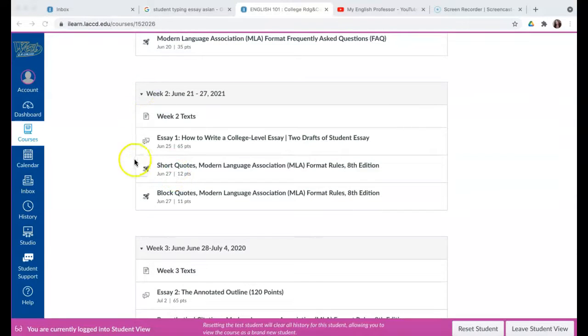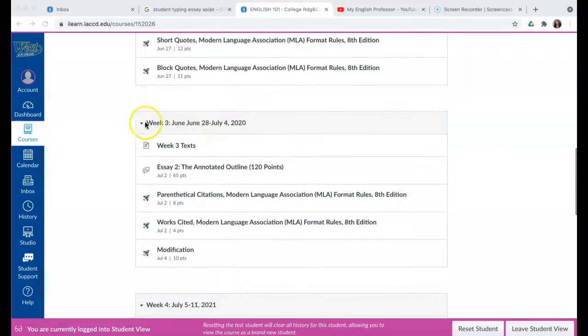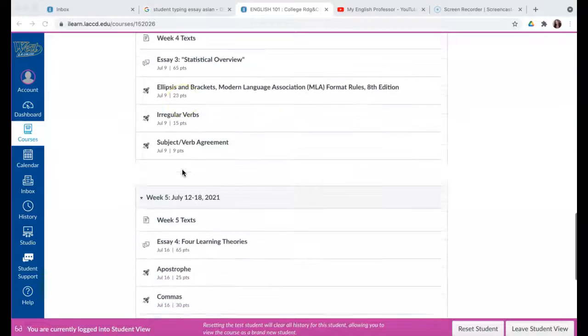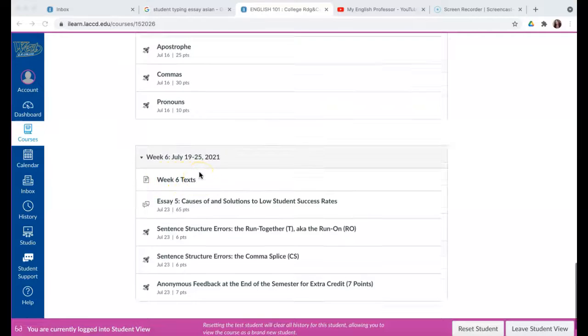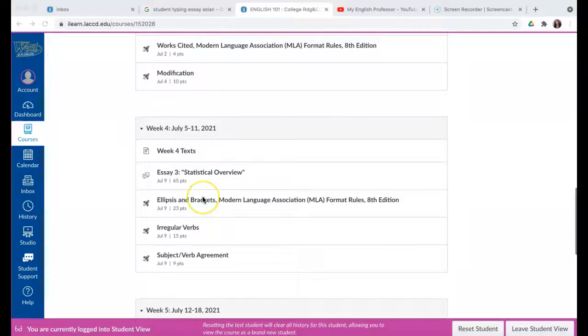And here we are right here. Now it's important to point out that all of the essay assignments are set up the same way. At the top of the weekly module, we have the text for the essay, and you can see that this is set up also in week 3. The texts are at the top, and all the way down to week 6, the texts are at the top. Okay, going back to week 2,